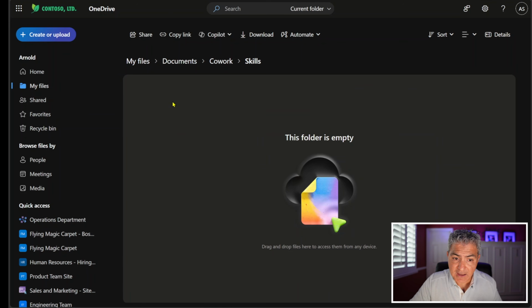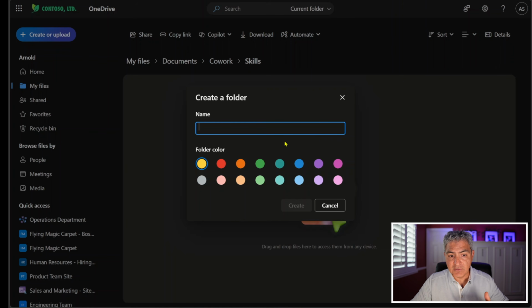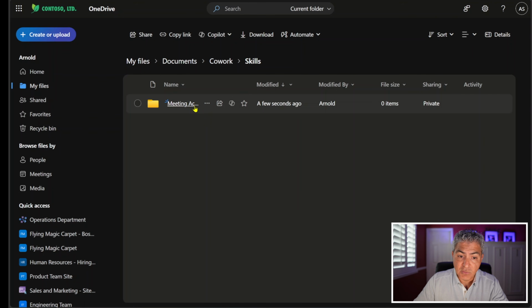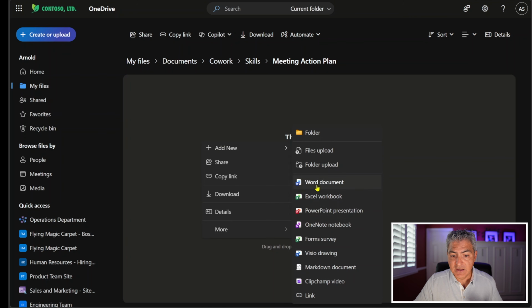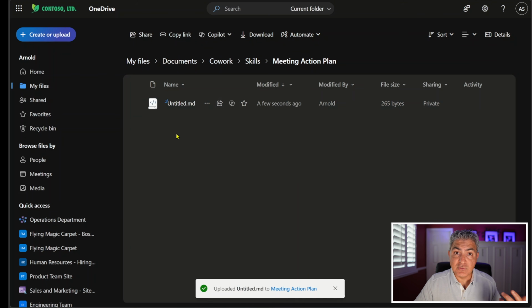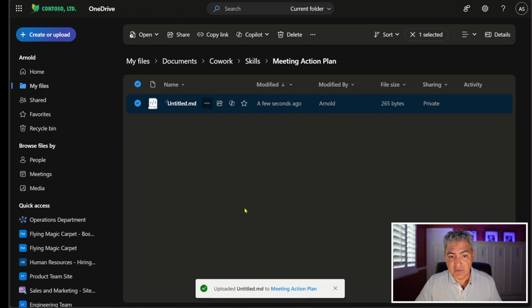And then when we select that, what you're supposed to do is create a folder per skill, and I believe you can have up to 20 custom skills. So let's go ahead and right click and create another folder, and we'll call this Meeting Action Plan. Okay, and we're going to create it. And then what you're supposed to do is go in here and create a Markdown file. The way you do that is, again, you right click, you go to Add New, and if you look down here, there's a Markdown document that you can create, and you're supposed to rename it. So let's rename it to